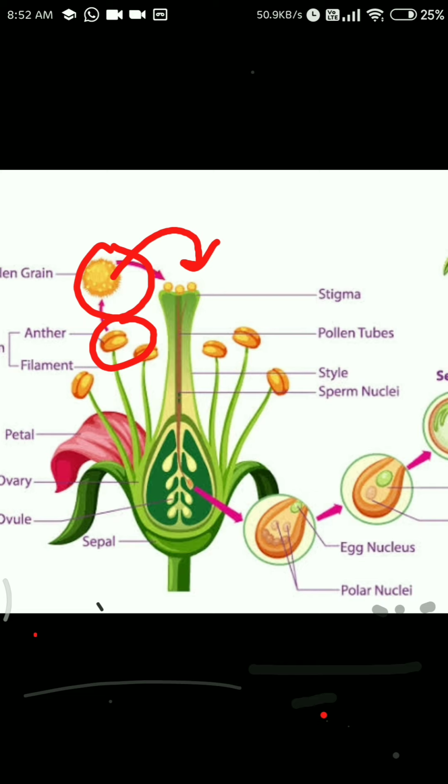Just like I told you, the female reproductive part is carpel as well as pistil. This is the name of the same part. In the same way, androecium or stamen is the male reproductive part. They are one only, but the names are different. In the same way here also, the process is self pollination and cross pollination, meaning the transfer of pollen grain can be of self pollination or cross pollination.